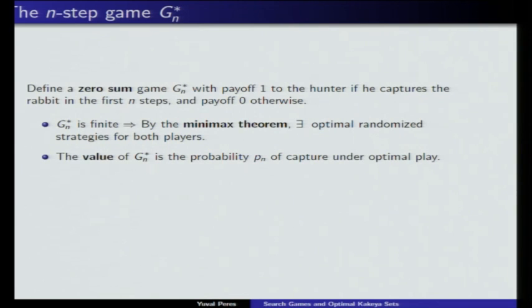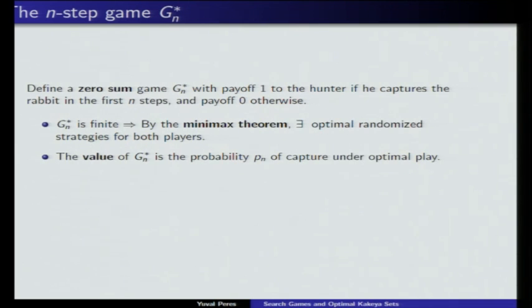But in this kind of zero-sum game, it's easy to see that to play optimally, they both will need to randomize. So they'll need to choose some distribution over their pure strategies. And then the von Neumann minimax theorem tells us that there are optimal randomized strategies for both players. And just as a reminder, if you play an optimal strategy, it doesn't hurt to declare to the opponent what the strategy is. Of course, you don't say exactly which pure strategy you take, which path you take, but the distribution can be declared, and it doesn't hurt the player.